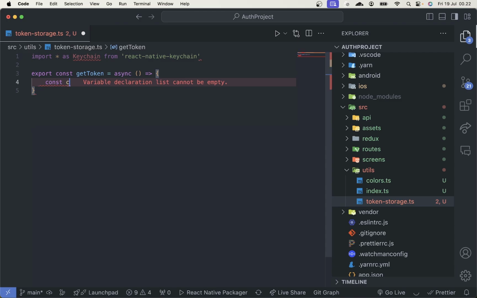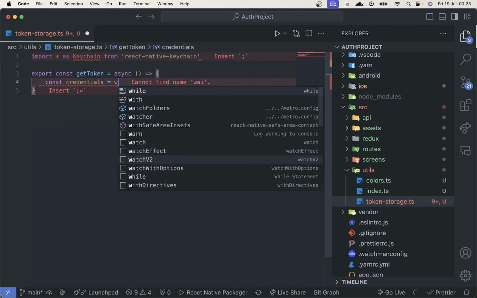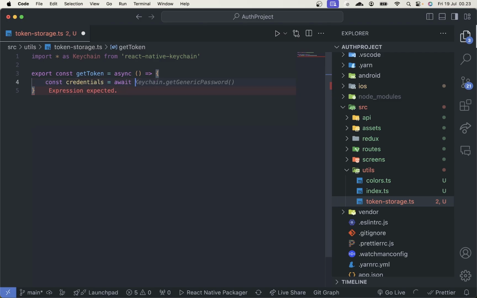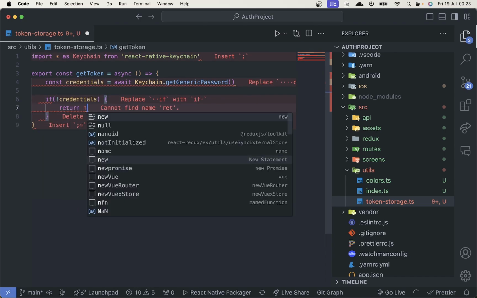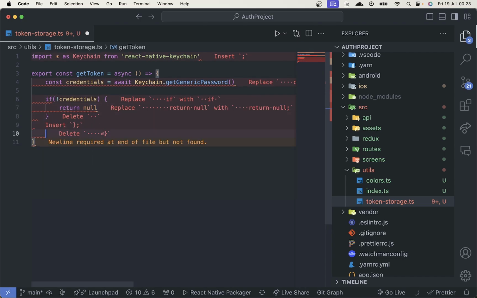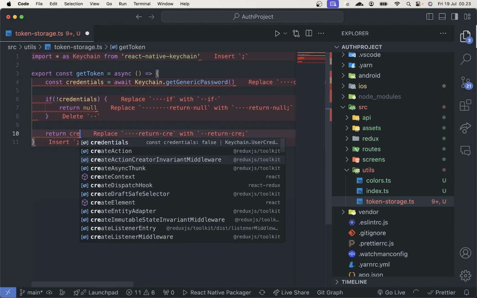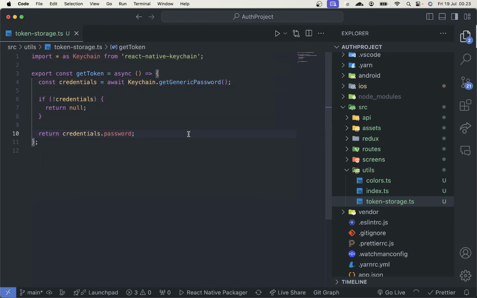Const credentials equal await keychain get generic password. If not credentials, return null, return credentials.password. Yep,